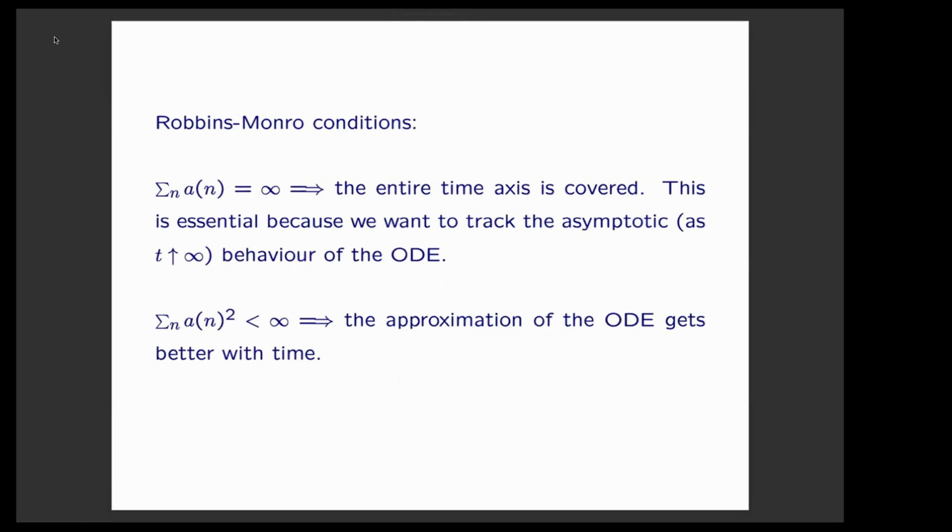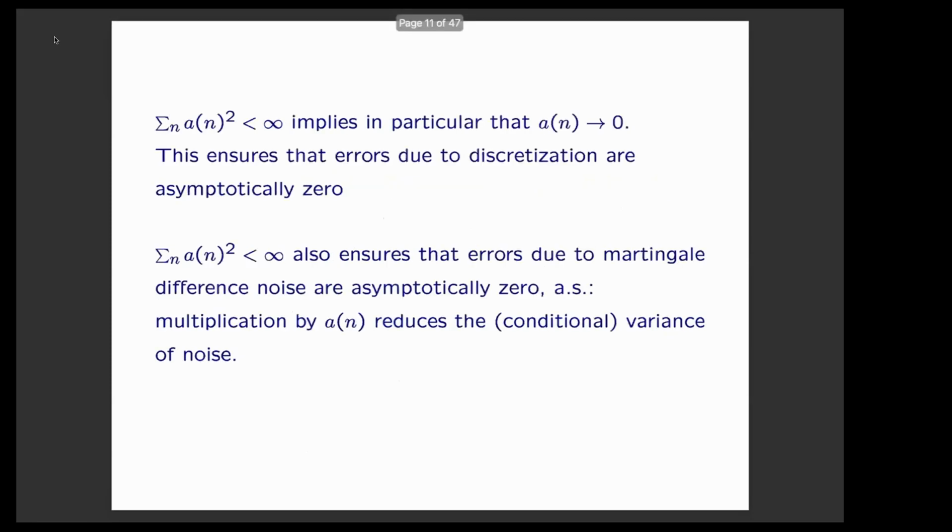ODE. And the Robbins-Monro conditions, in hindsight, given the ODE interpretation, you want to track the asymptotic behavior of the ODE. So the sum of a(n) being infinite makes sure that you actually cover the whole time axis. Sum of a(n) squared being finite says that a(n) is going to 0 in particular. So the approximation gets better with time. So a(n) going to 0 ensures that the discretization error is going to 0. For that, you don't need the square summability, but square summability also ensures that the error due to martingale noise is going to 0. Because you are multiplying the martingale difference by a(n), so you scale down the additional